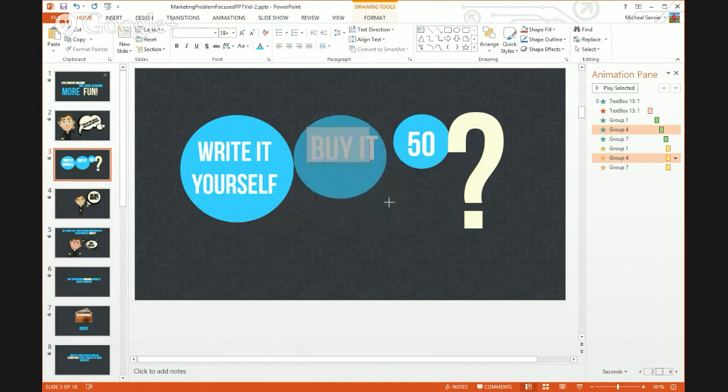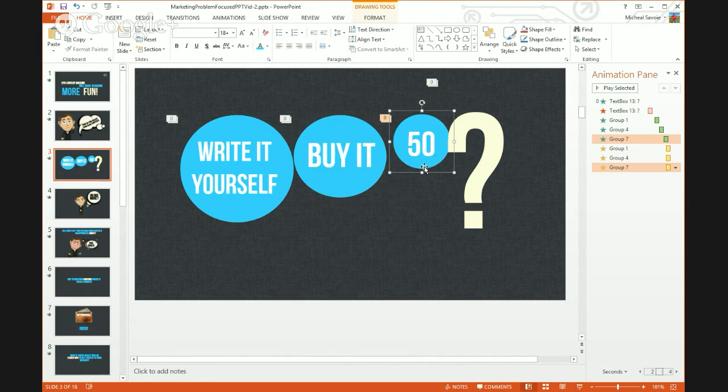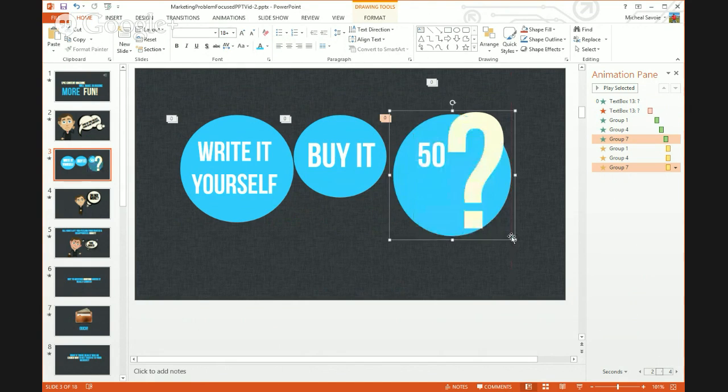So actually we can make our circle a little bit smaller. This one bigger.